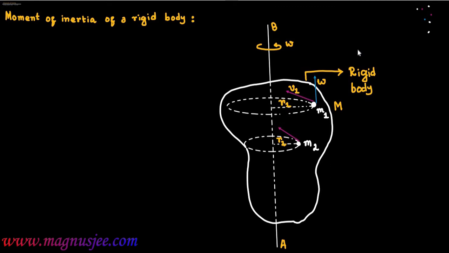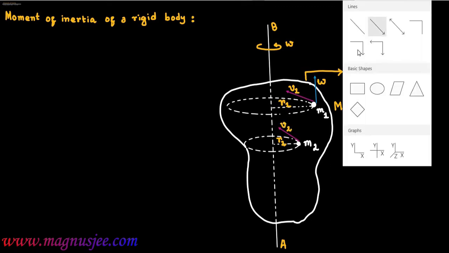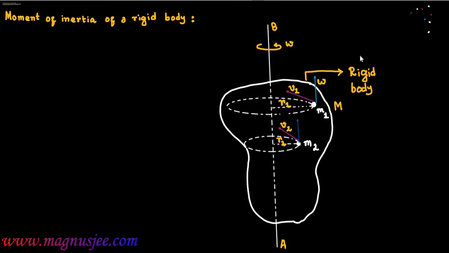This constituent particle of mass m2 will revolve in this circular orbit with the tangential velocity v2 inwards and angular velocity omega in vertically upward direction, provided the body rotates in anti-clockwise direction, or these constituent particles revolve in this